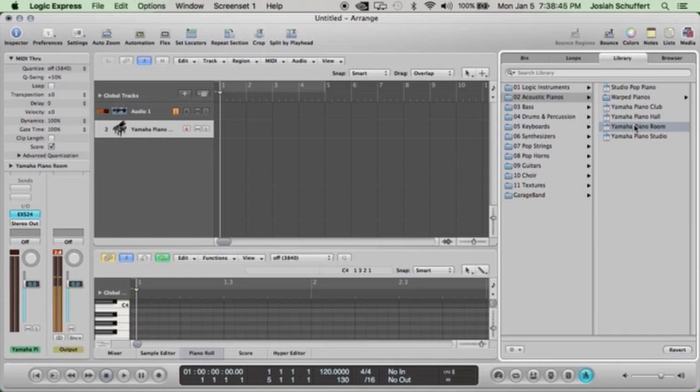So my keyboard right here is just a controller. In fact, I'll post a picture of it in the video during editing. But yeah, I have a 25 key MIDI keyboard as a controller, and I can control virtual instruments, and I have this Yamaha piano loaded up. So I can basically go